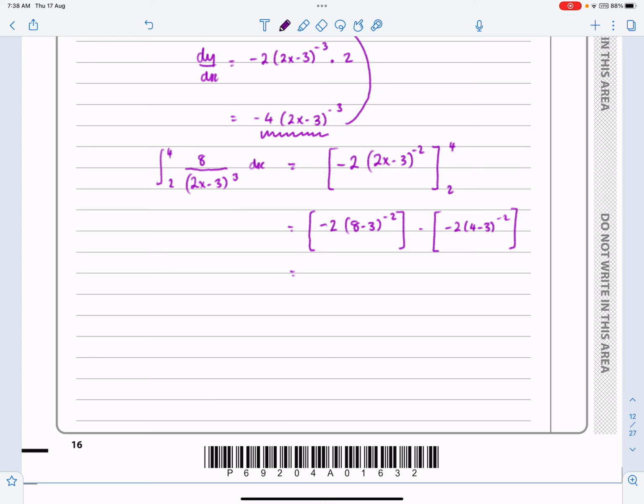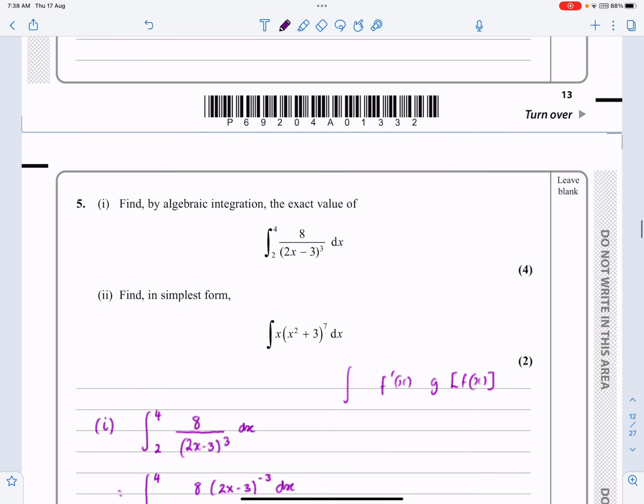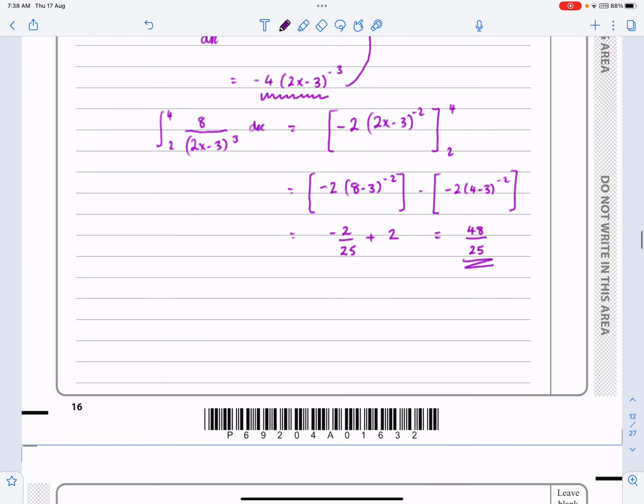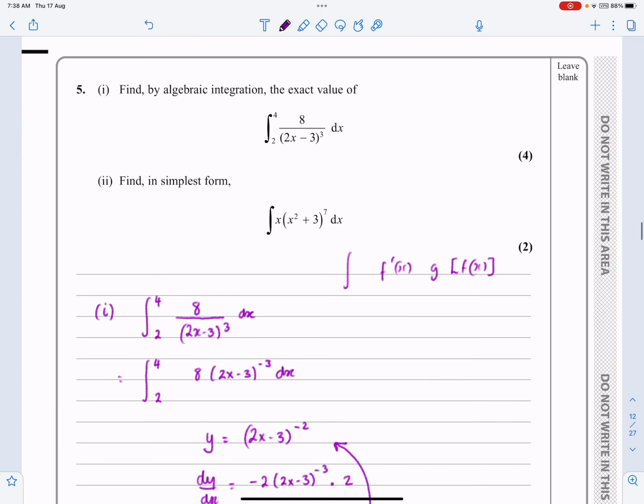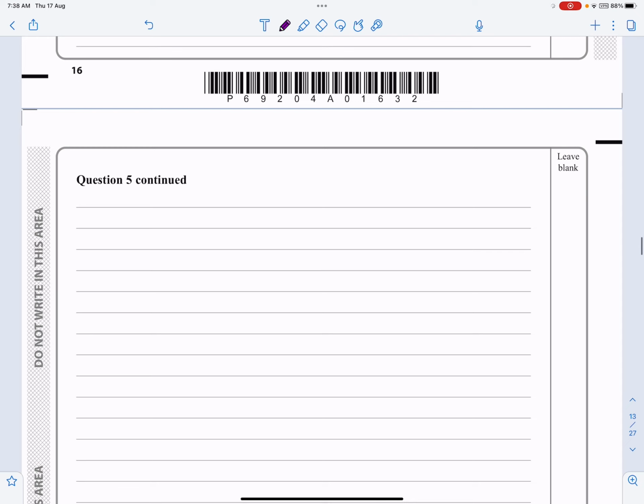The first one, put it into the calculator, no problem. This is minus 2 over 25, but then it's plus, the minus and the minus cancelling each other out, which gives me my final answer of 48 over 25. Let's just go back. It just says the exact value, so a fraction is an exact value straight away. So that's part A part 1 done. Let's do A part 2,